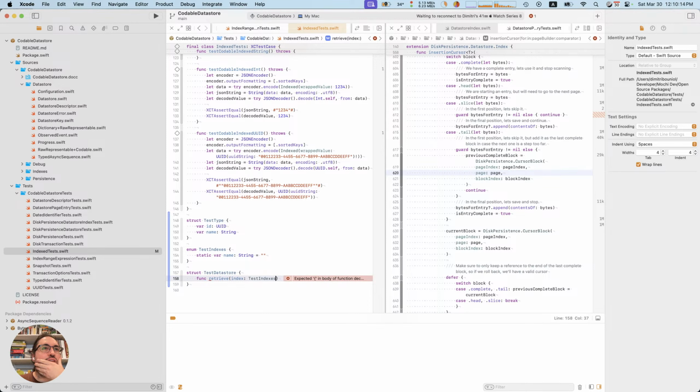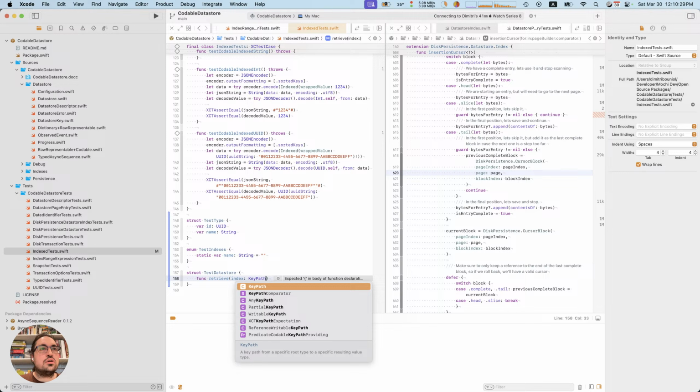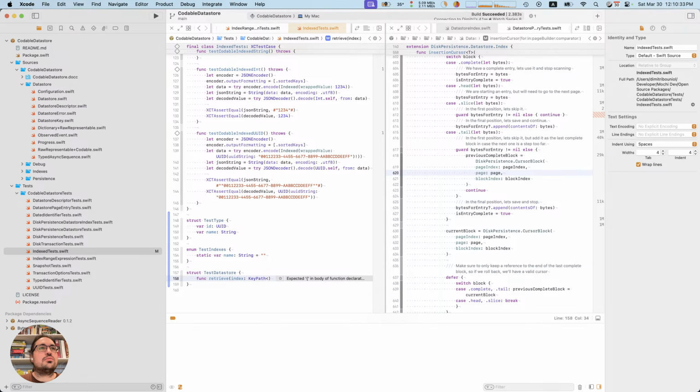Yeah, so it's not really that, is it? I guess a key path would work. Would a key path work? I don't know. I just need to try it, I guess.